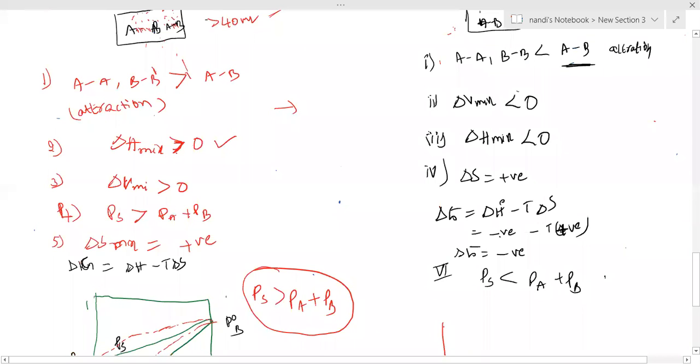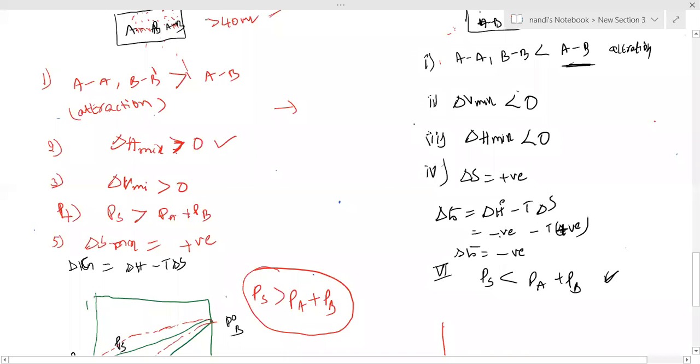Alright, this point is more important. In problem solving, they will simply give values and everything. If you remember the example, fine. If you didn't remember the example, they're asking whether it shows positive or negative deviation. They will give the P solution value, then you need to calculate PA and PB values and compare with P solution, whether that is less or more. If that is less than P solution, it means negative deviation. If more than P solution, it means positive deviation.